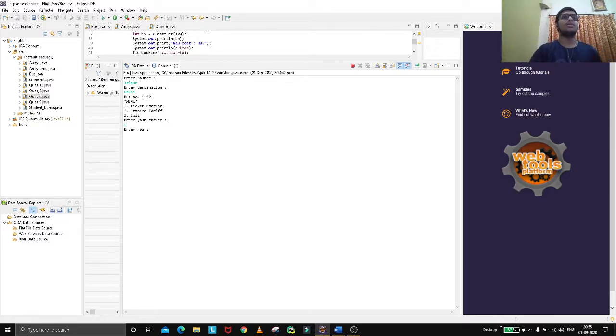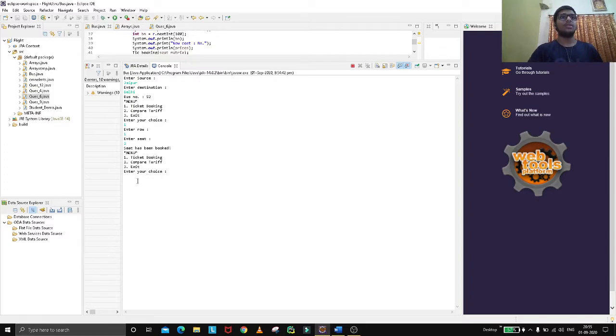My matrix is 12 by 4, so rows 0 to 11 will be there, and columns 0 to 3, because 12 into 4 is the matrix size. Enter row, I provided 1. Enter seat, which is my column, I provided 2. So the seat has been booked.